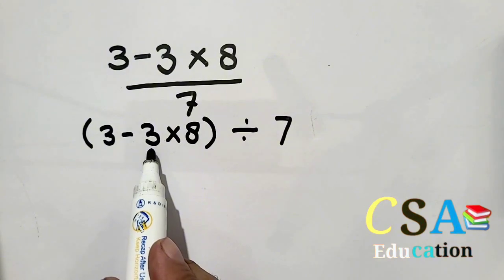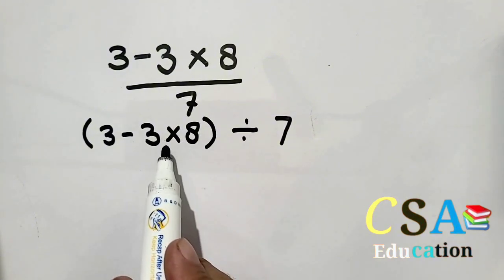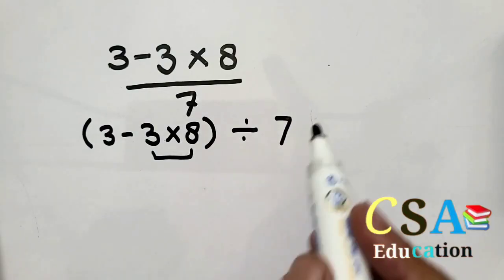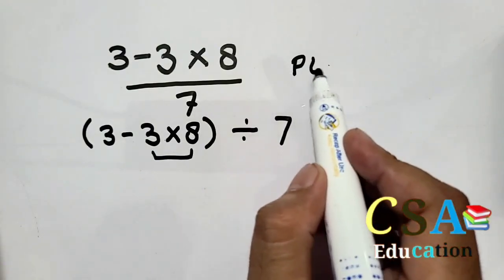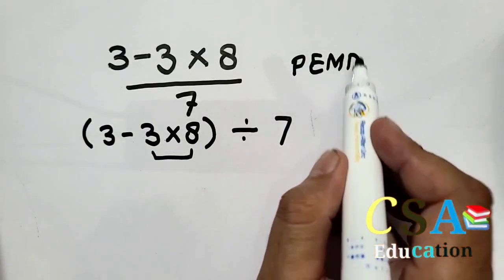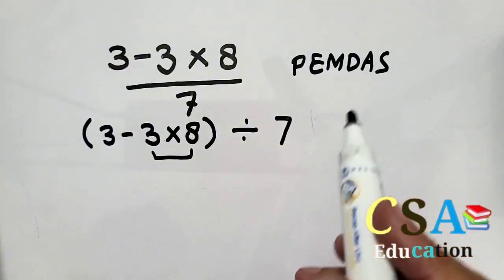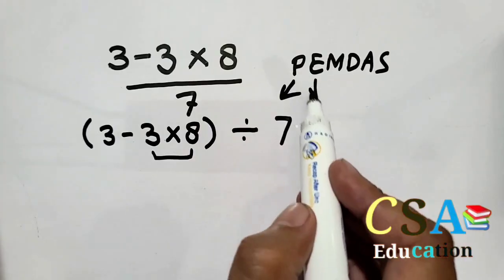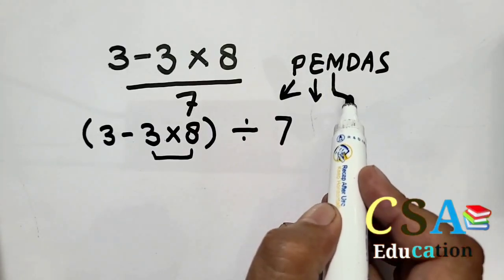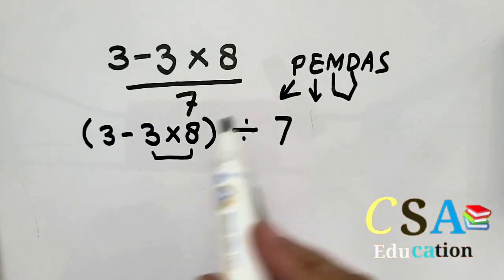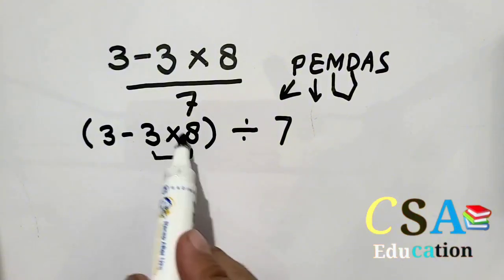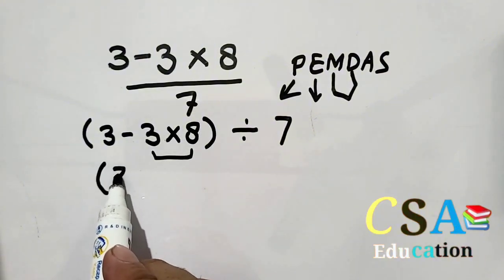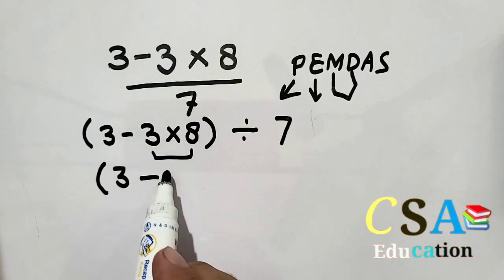So first of all, according to the order of operations, we have to solve multiplication according to the PEMDAS rule. The PEMDAS rule says that first of all, parentheses should be solved, then exponents, then multiplication and division. And here is multiplication, so we will solve multiplication first. So we will get 3 minus 3 times 8 will be equal to